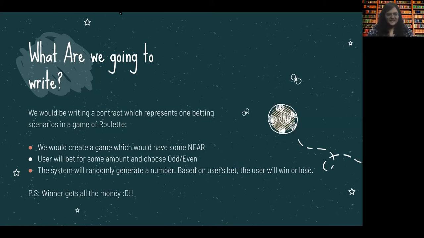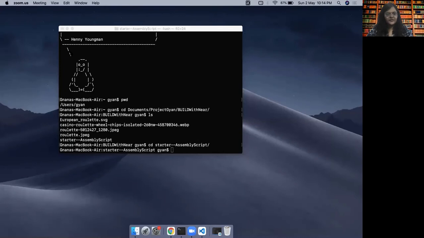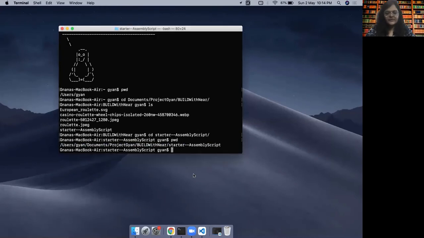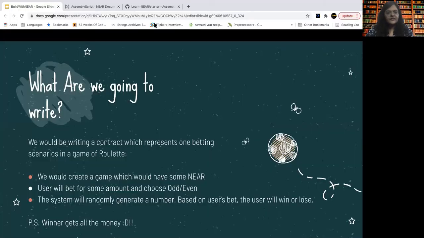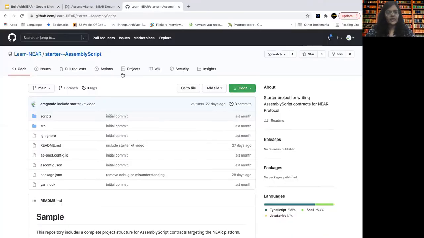So let's get started. I'm going to be sharing my screen. For those who missed the previous session, what we did was we cloned one repo called learn-near-starter-assemblyscript.